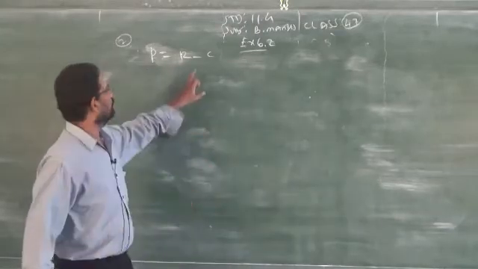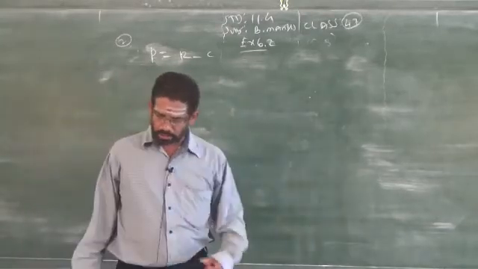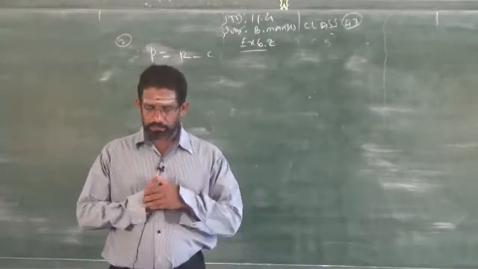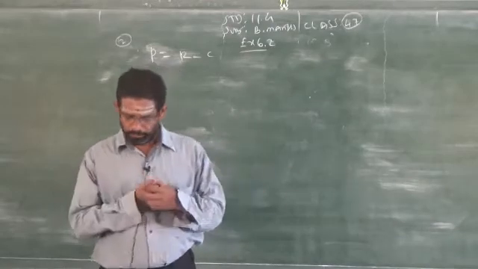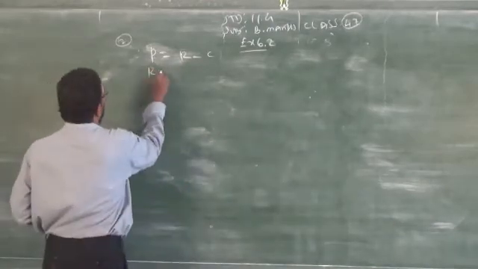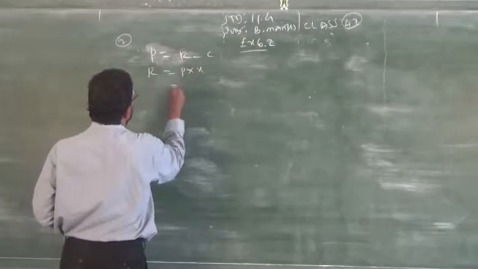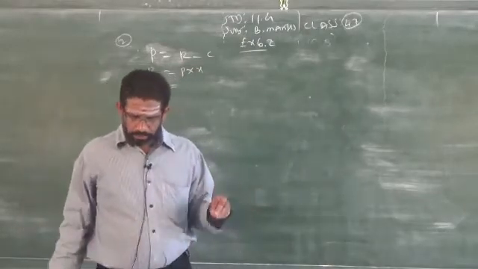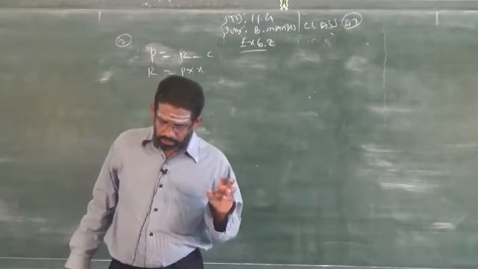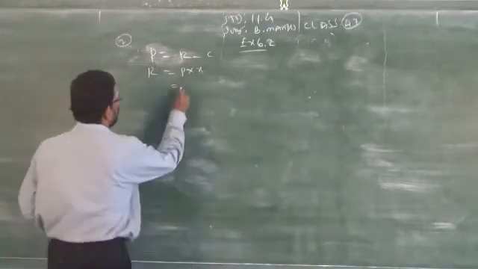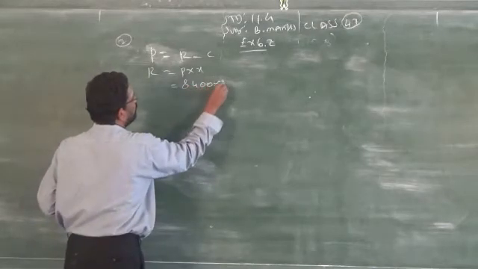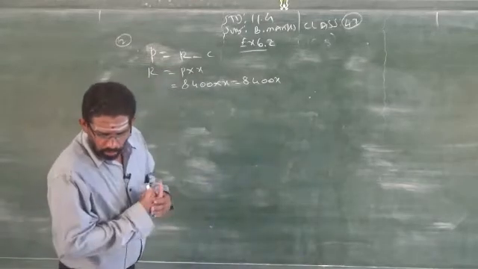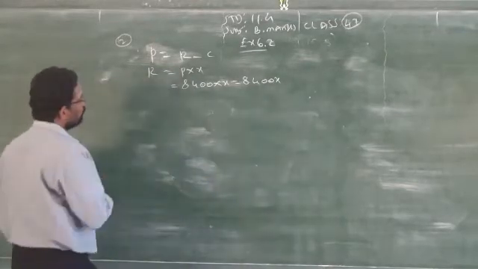Selling price is nothing but revenue. So revenue minus cost. Revenue is not given. Do you have any revenue? Only the cost function is given. So revenue is not given. Therefore, you have to find revenue now. R is equal to P into X. P is price. Each product is sold for rupees how much? 8,400 into X, that is 8,400 X, that is your revenue function. Each product is sold for 8,400.